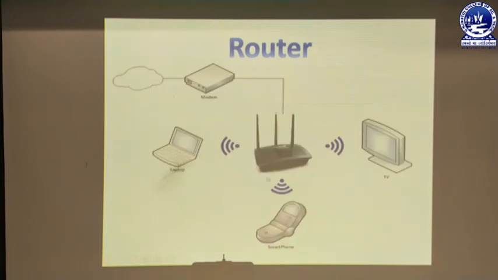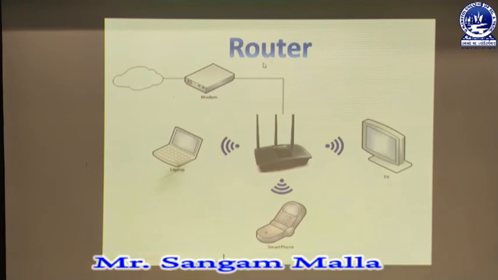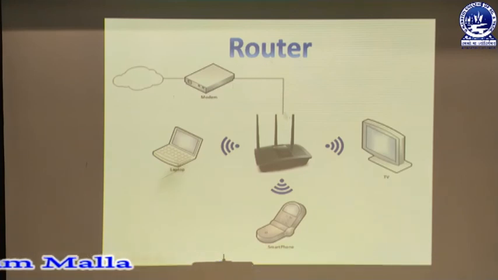You can clearly see there is a router device connected, and all the systems are being connected to it. That means through the router we can connect a laptop, a TV, a smartphone, through the help of a modem. At first the modem was different and the router was different, but nowadays a modem is confined within a router. That means the modem comes with a router. Every such device has the capability of converting the wired network to a wireless network. So you can simply say that a router is a device which converts the wired network to a wireless one.